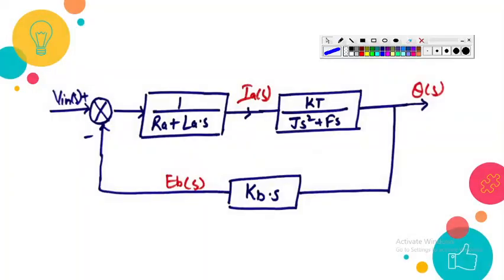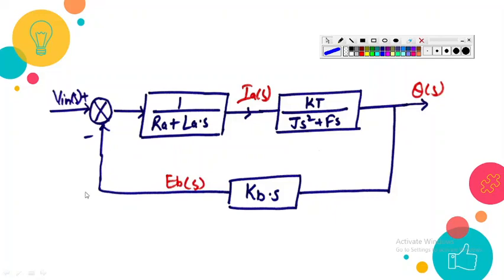Okay, and this is the complete block diagram of the armature controlled DC motor. How? In the first block diagram we actually wanted IA, so we have related all the block diagrams. I have connected all these block diagrams. So in the first block diagram we have seen that to the summation point there was one input as Vin, and another input was Eb.